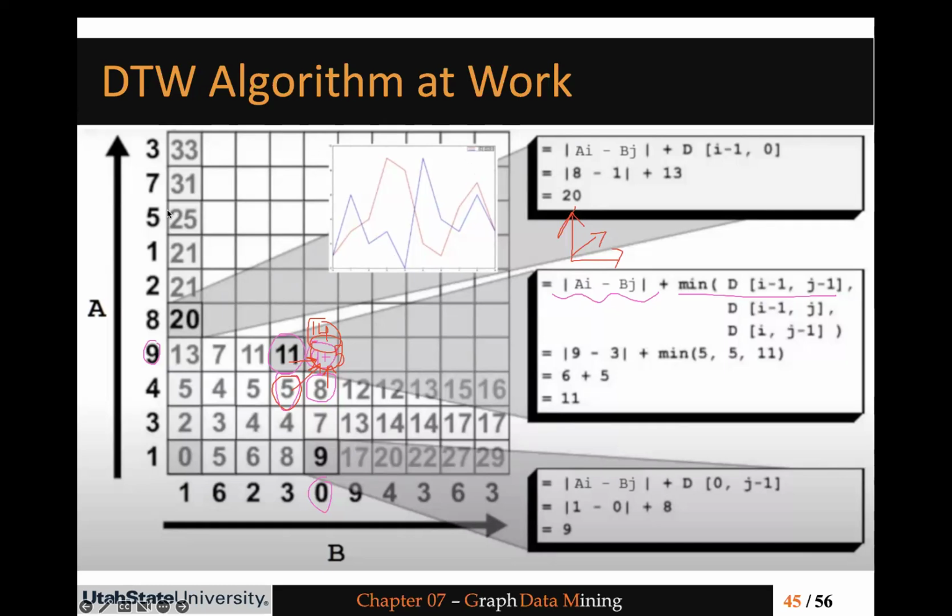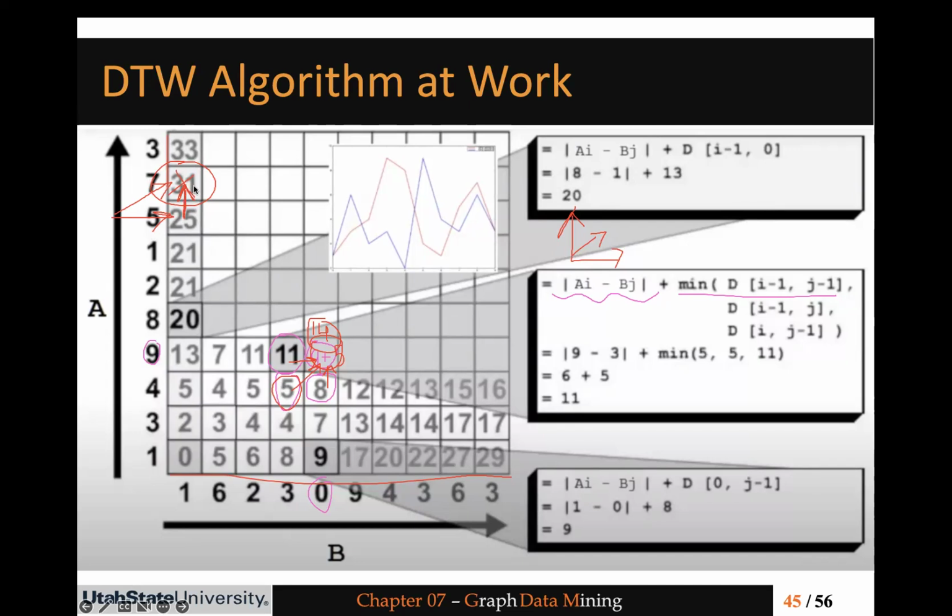So let's try to do another one, but in this case along the edges of the matrix, right? So let's try to find what is the value over here. Try to compute 31 once more. So there is only one way I could have gone to this particular cell, right? Which is going upward, because I could not have used the right fashion because I am going out of index. I could not have come from the diagonal, right? Because that's again an out of index movement. So the only way I could have landed there is using the right or the upward